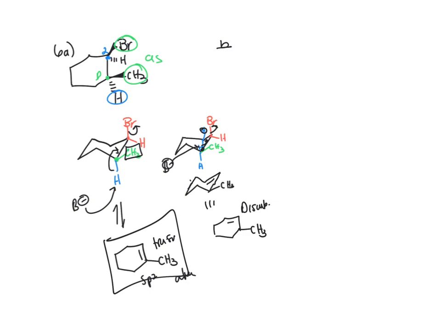Okay, so B, it gives you the chair, puts Br in the anti, and then here you have CH3 here, hydrogen here, and then you have this one here. What does that starting material look like? That would be Br on the wedge and CH3 on the dash, so that's trans. The base cannot take a syn, so the base is going to take this hydrogen back here, and then you're going to get,